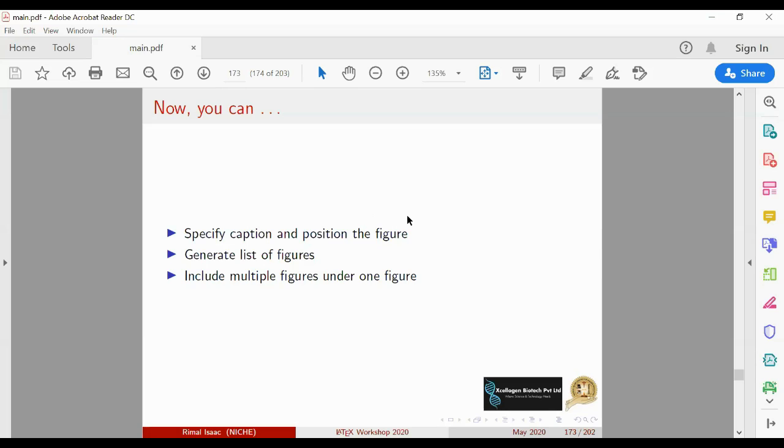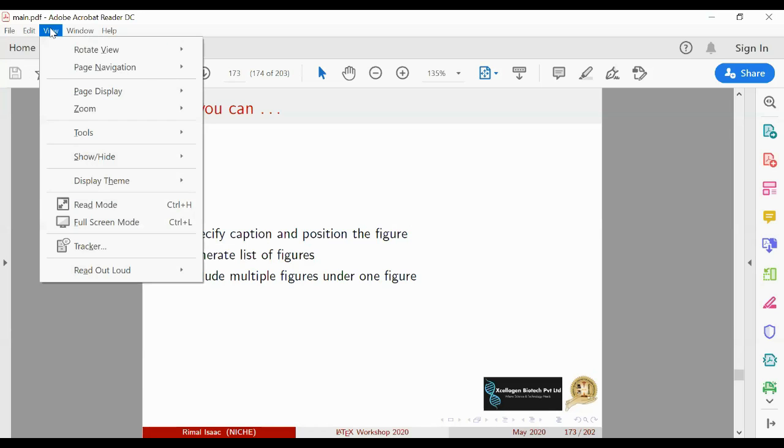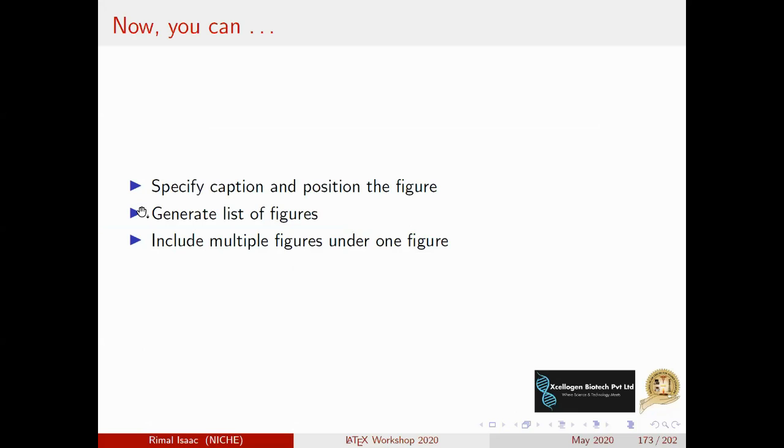So my answer is, you can create a presentation using LaTeX, but the output will be in PDF form. So you can make your presentation, but it will be in the form of a PDF. In Acrobat, you can go to View and there will be a full screen mode, and you can have your presentation in full screen mode.